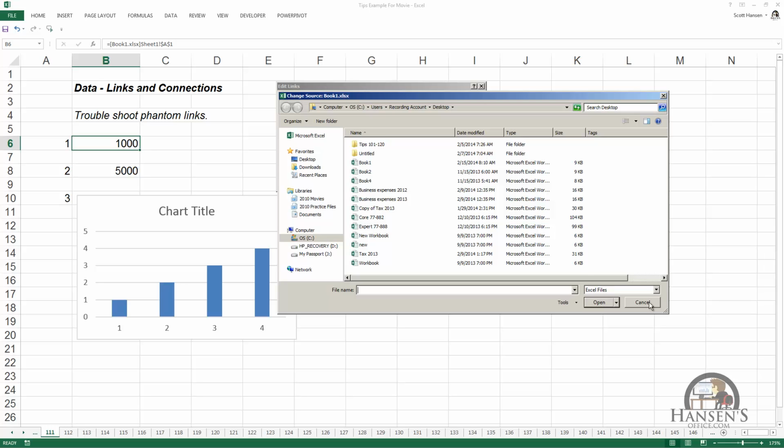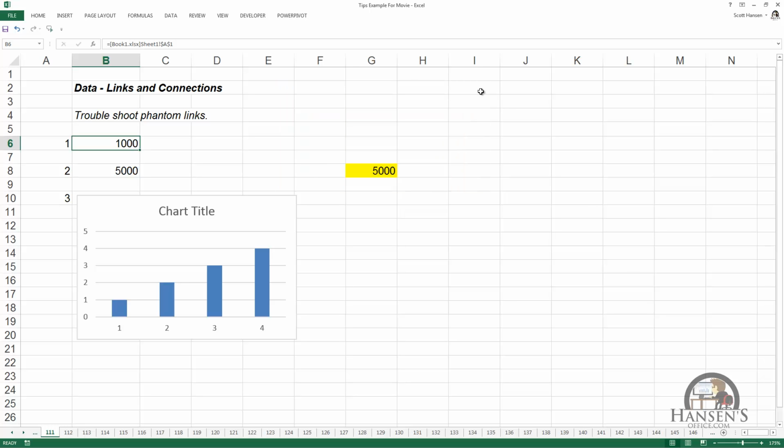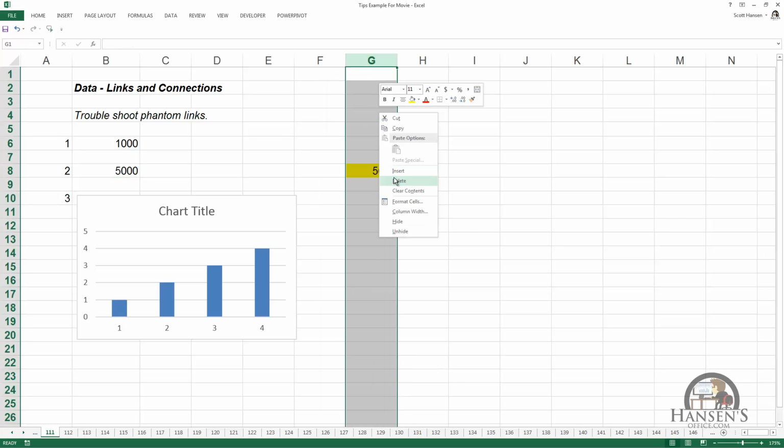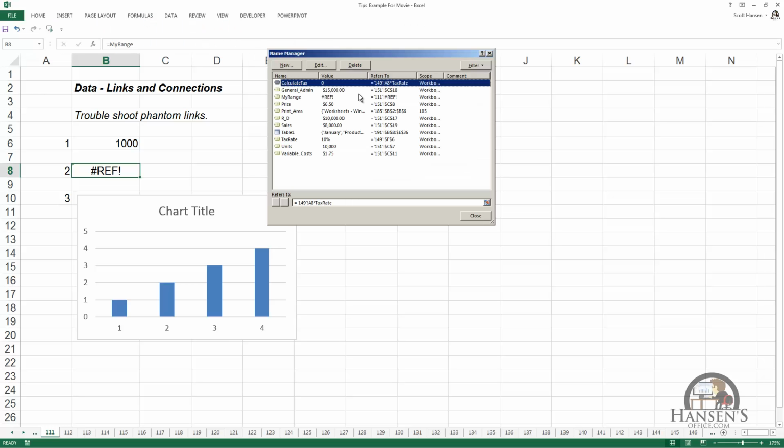Another problem that you can run into when you're dealing with links, and this is internal to the workbook itself, is if you have a reference in a formula or a function that references a range, and that cell is deleted, you're going to get an error message. It still references a range, but it references a range that doesn't exist anymore. And in fact, when you go to the Formulas tab, to the Name Manager, that range is actually still listed,